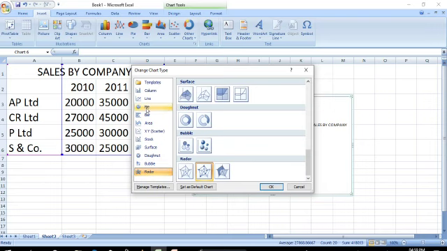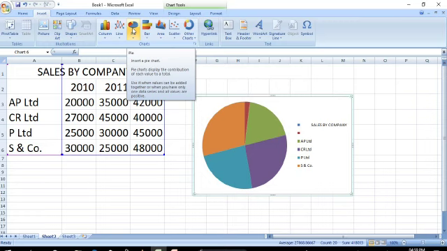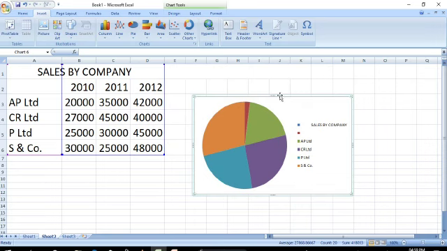You select any one of the charts, then click on the OK button. Automatically the selected chart appears on the screen. See, we create the chart using insert and a chart type. So this method can be used to create the embedded chart. See, this is the embedded chart.